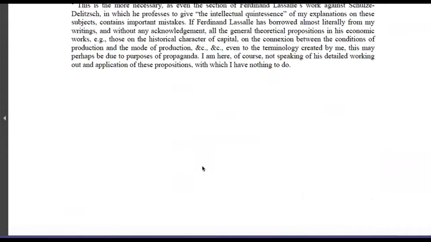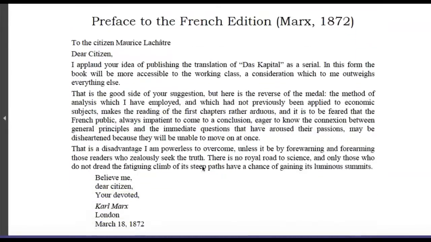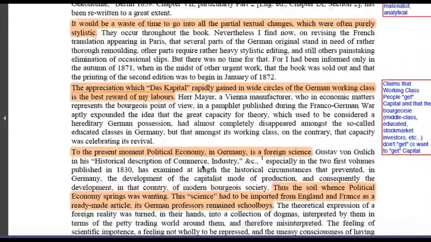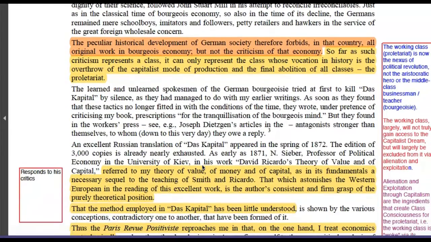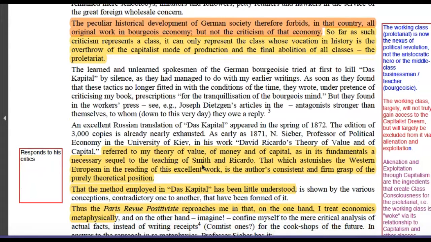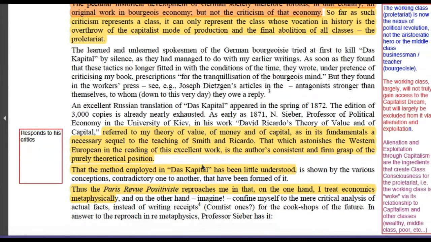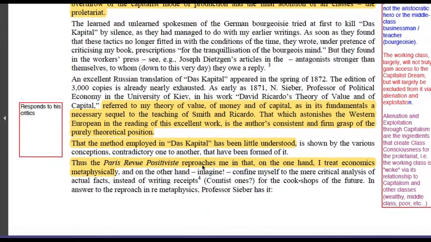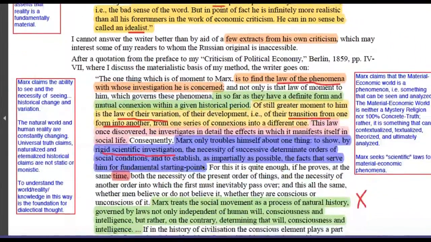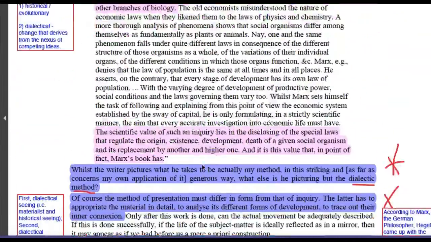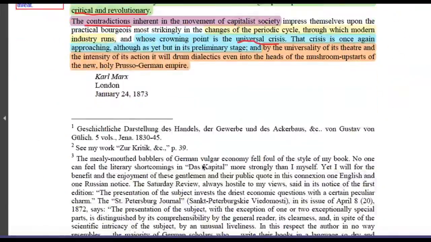So good stuff here, and it's probably the most accessible stuff in the text because the text is very, very difficult to read. Okay, so I've given a lot of extensive notes on this text. Locke and Smith are pretty straightforward, especially Smith, very readable. Marx is definitely a little bit on the turgid side. So lots of notes here provided for you, okay, and highlighting of certain quotations. So this goes on throughout the prefaces,